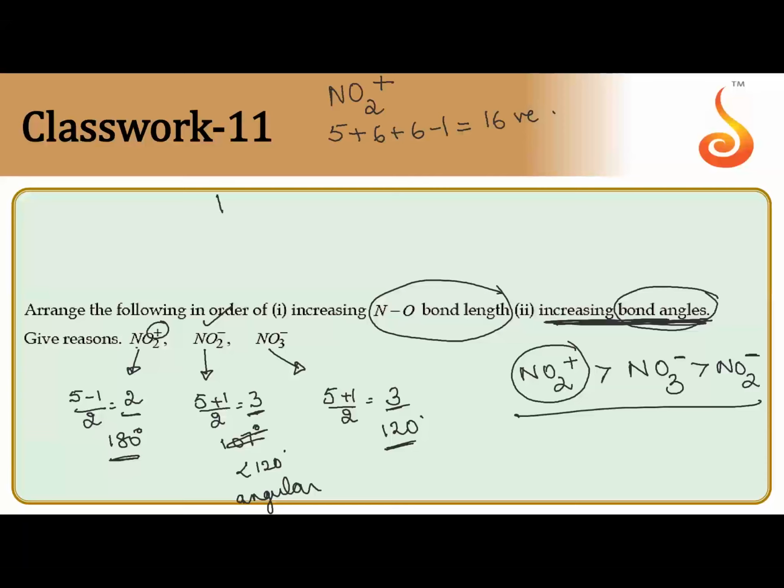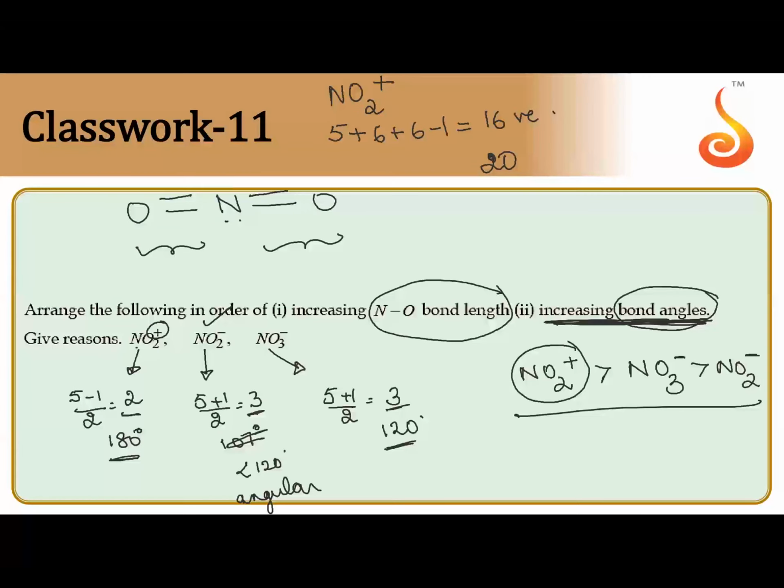So what we'll do, we'll take nitrogen, we'll put 1 oxygen here, we'll put 1 oxygen here. And we will count how many electrons are there. So this would be 8, 8, 20 I will be getting. If I put single bond, I'm getting 20. What does it mean? I'll put 2 extra bonds. So I'll put 1 here and 1 here.